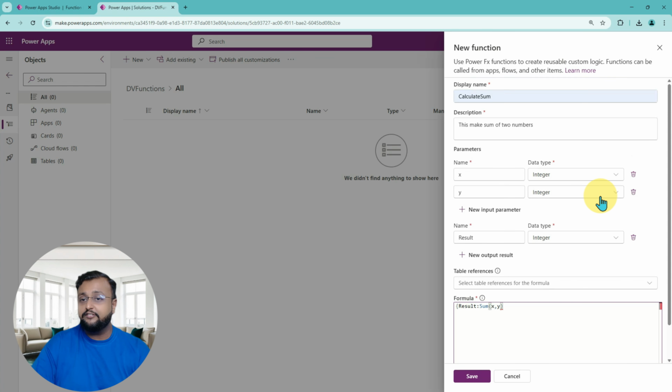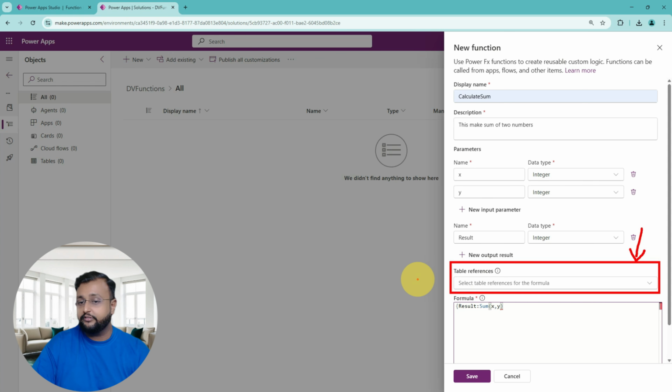So this will create one function in the Dataverse. Sometimes, for example, if you need to look up or if you need to have some sort of data from your Dataverse table, then you can use table reference as well from here. Let's say sometimes you want to collect any data, or sometimes you want to patch any data inside your Dataverse, then you can use the table references as well. Obviously in this video I'm not going to cover those cases,